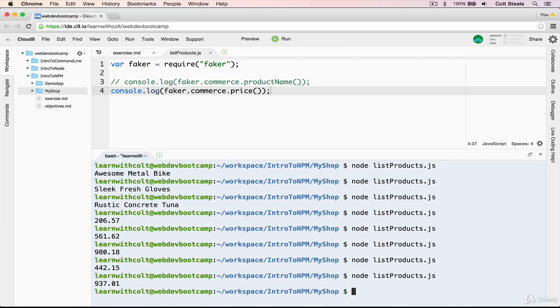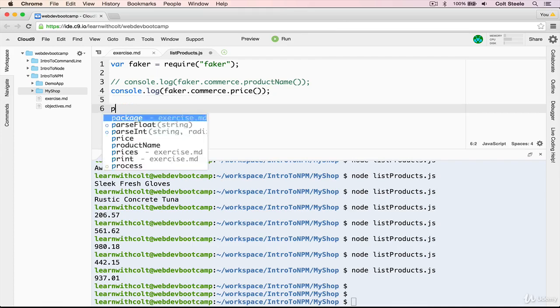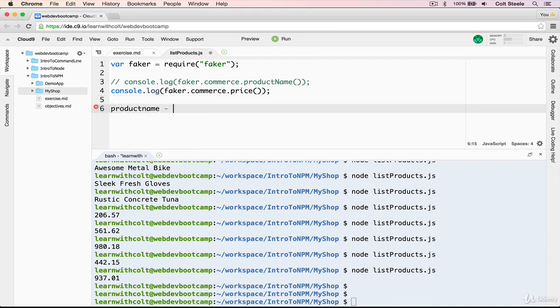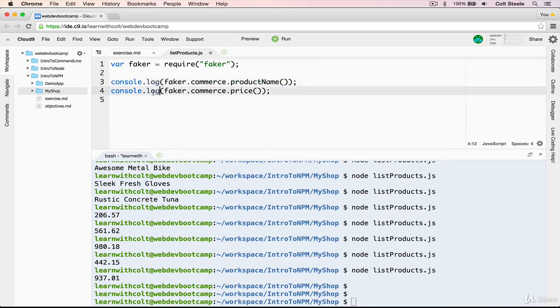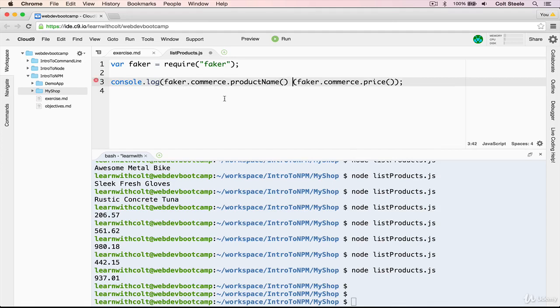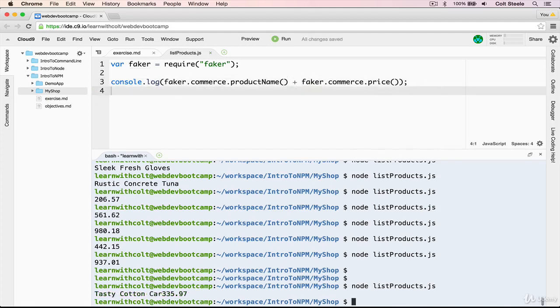Great. Next thing we want to do is combine them into a single line, and then we'll worry about repeating it 10 times. So we want to combine it so that it looks like product name dash and then the price. So we can just do a single line where we console.log one time, just like this. So we'll console.log the product name plus the price, and save. And if we hit the up arrow, we get Tasty Cotton Car